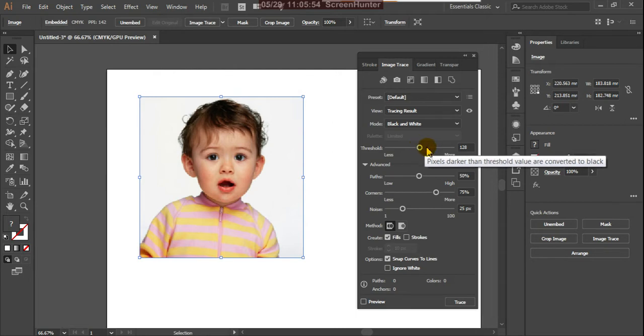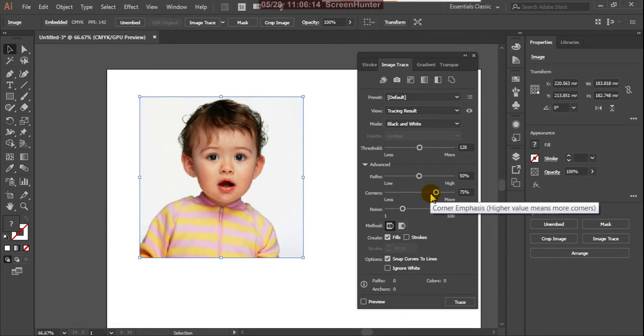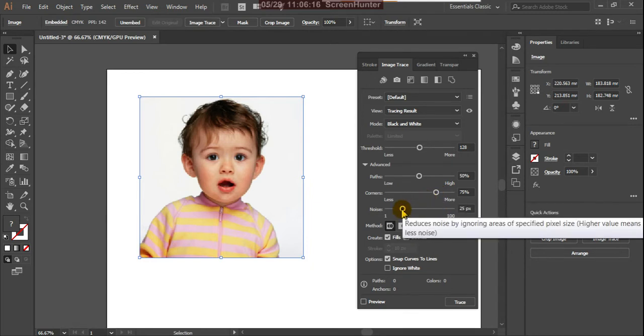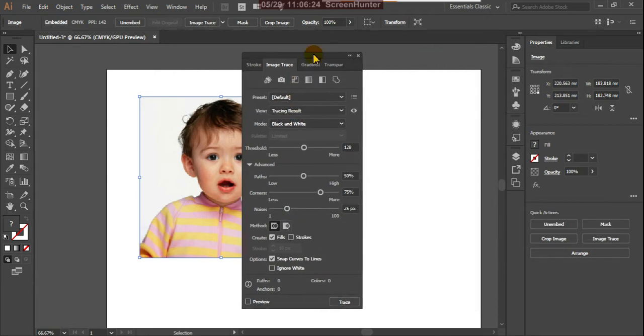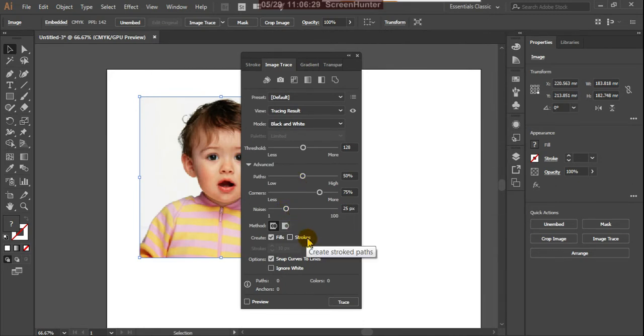So if you move that, it can darken those pixels. Okay, and here this is path fitting, higher value means a tighter fit. Okay, and here the corners, higher value means more corners. Okay, and here noise, reduce noise by ignoring areas of specified pixel size, higher value means less noise.